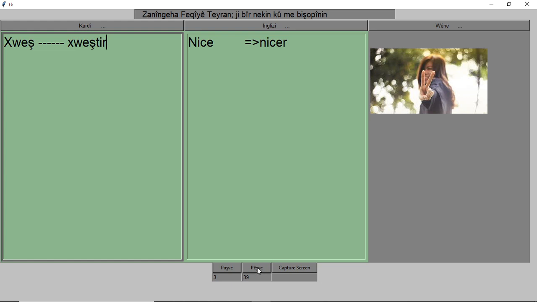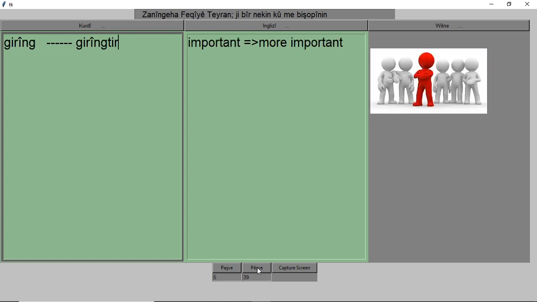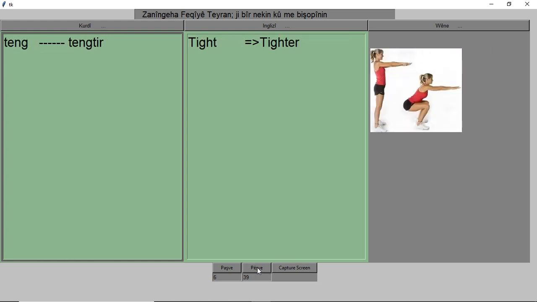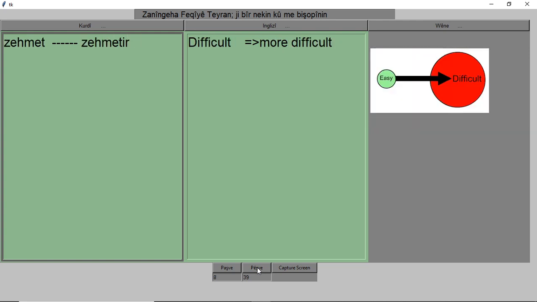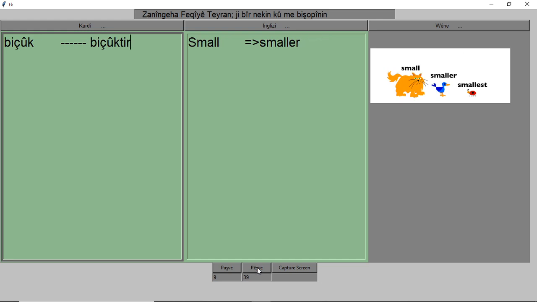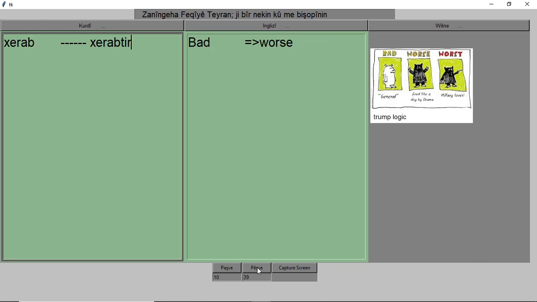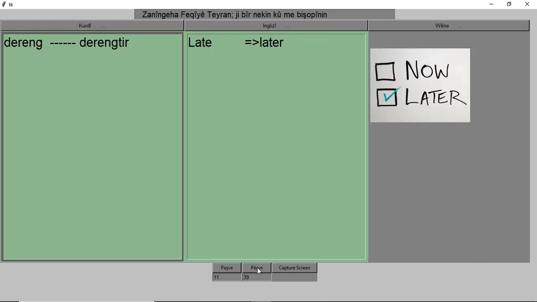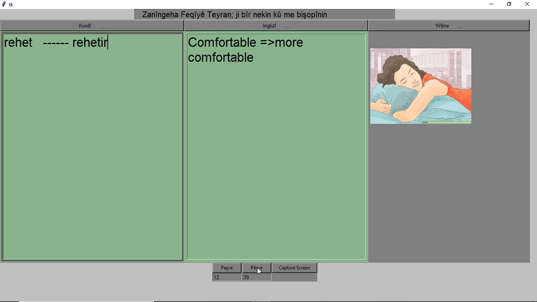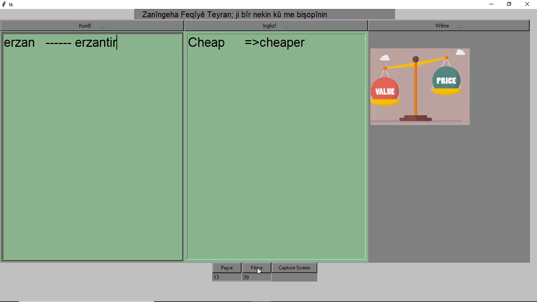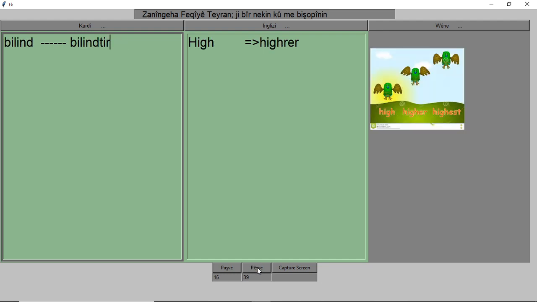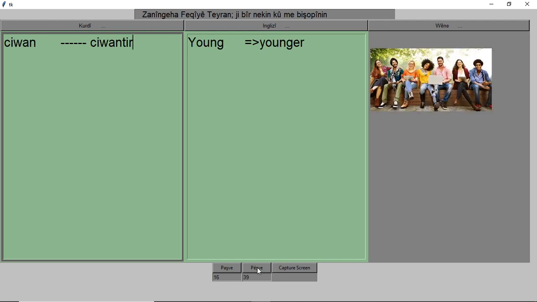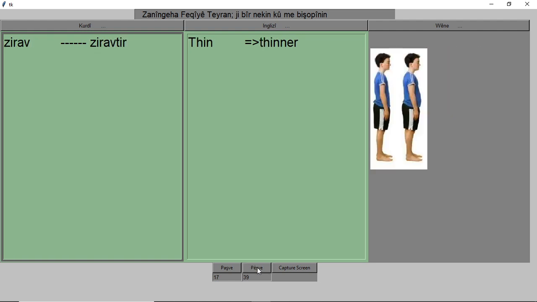Khwashter, durter, gringter, tangter, bedavter, zahmetter, bichukter, kharabter, darangter, rahatter, erzanter, qalavter, balandter, juanter, zravter,